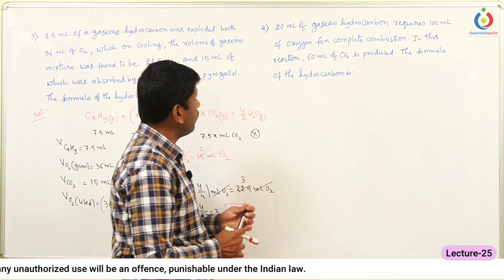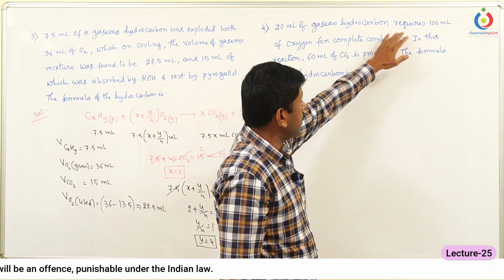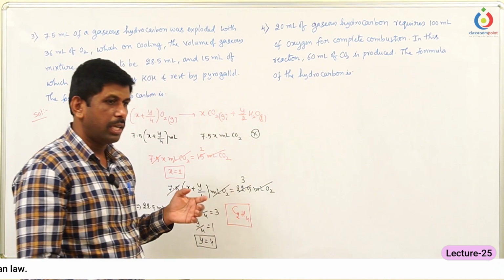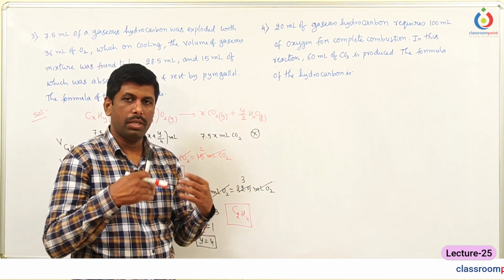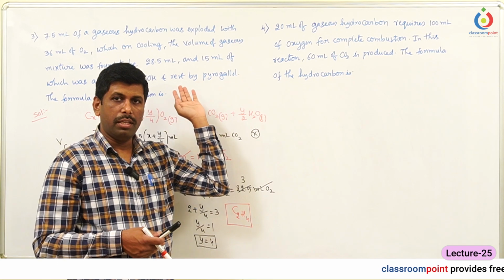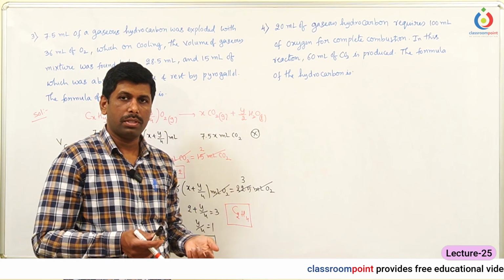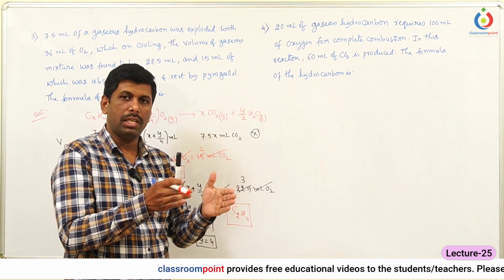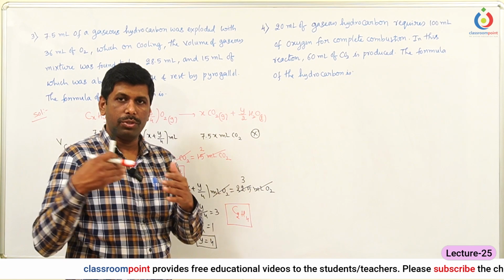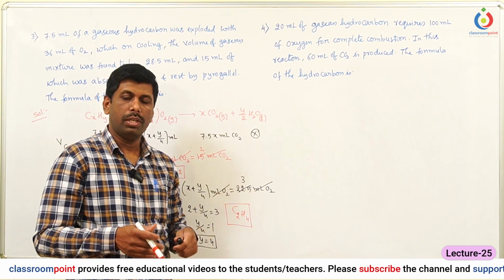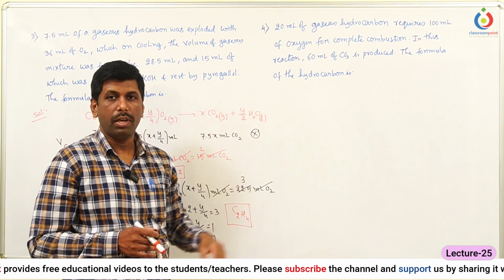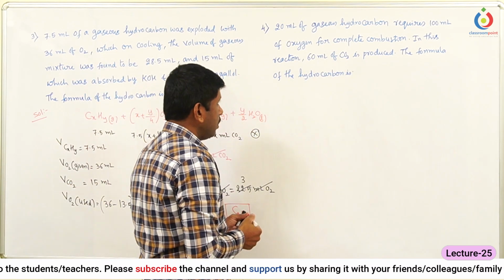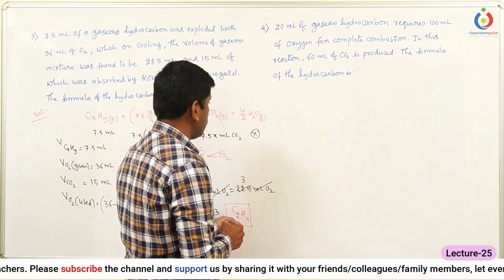Let us see another question given here. 20 ml of gas hydrocarbon requires 100 ml of oxygen for complete combustion. They said complete combustion, so again it is not necessary to calculate the volume of oxygen used, because earlier in all other cases they had given the excess amount of oxygen and the amount of oxygen still present in the gaseous mixture. By subtracting this, we used to get the volume of oxygen actually used in the reaction, but here the value is given directly, so we can take it. And 60 ml of carbon dioxide is produced. So here we can directly solve the question as